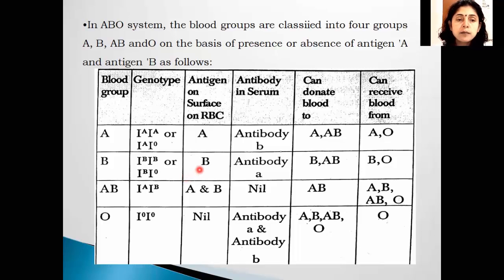So here we will stop, and we have seen the structure of the antibody antigen complex and the antibody antigen reaction. The branch of study where antigen and antibody are studied is called serology. And this is the complete chart of the blood group system on the basis of antigen, how the blood groups are classified.